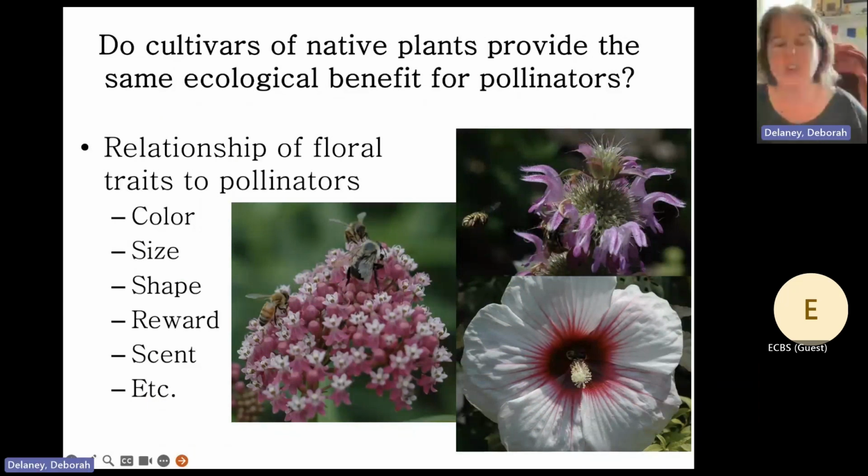So one thing that Mount Cuba does is they trial different cultivars of plants. And a cultivar is basically a genetic snapshot of a particular genus or species of flower or plant. And so we looked at particular genera, and then we compared visitation to see which particular cultivars